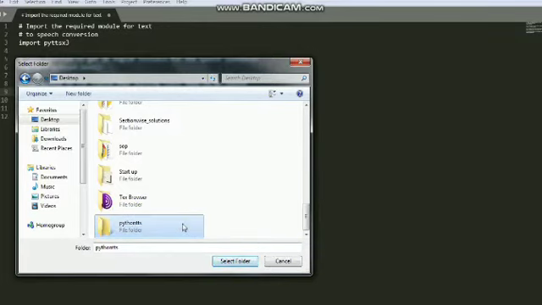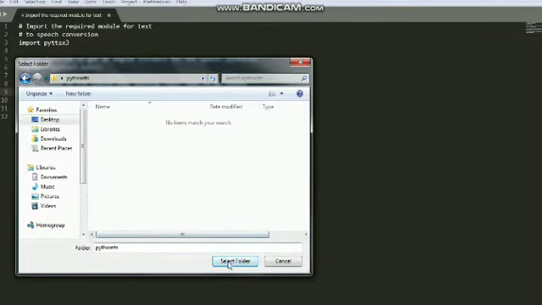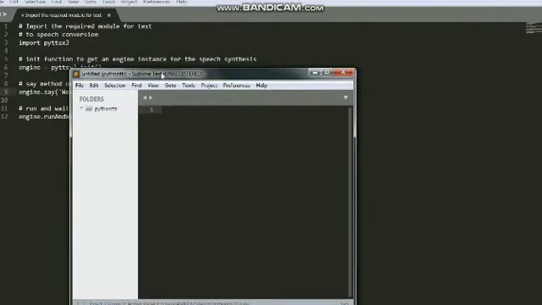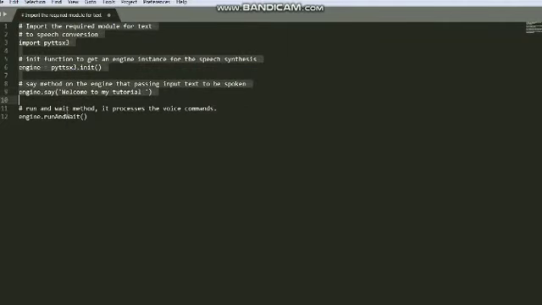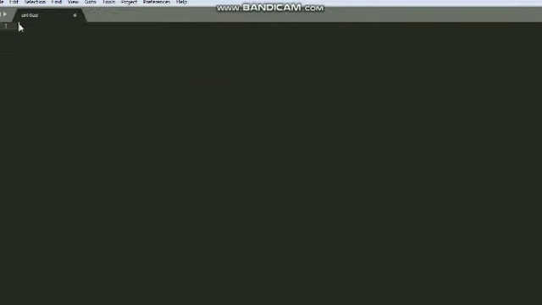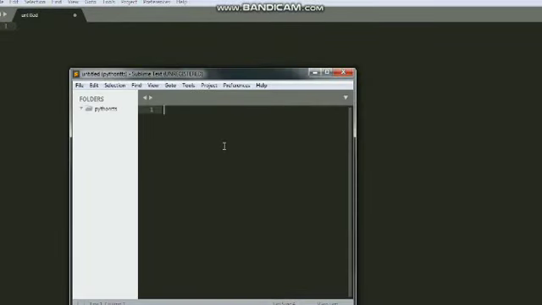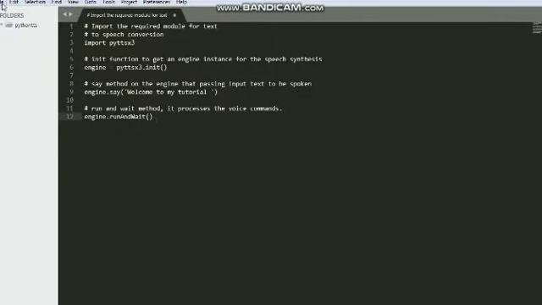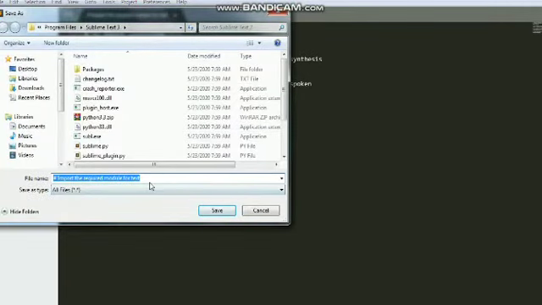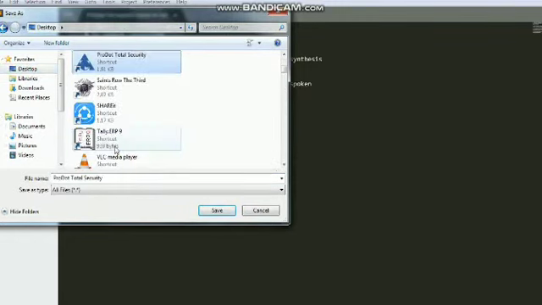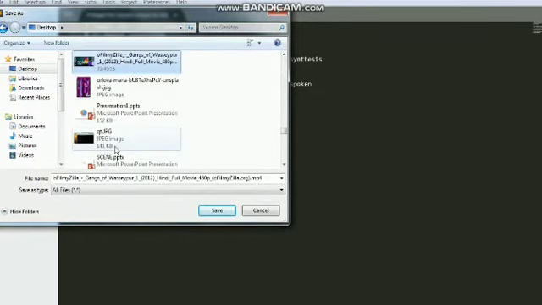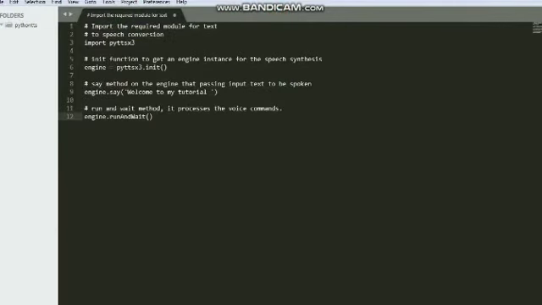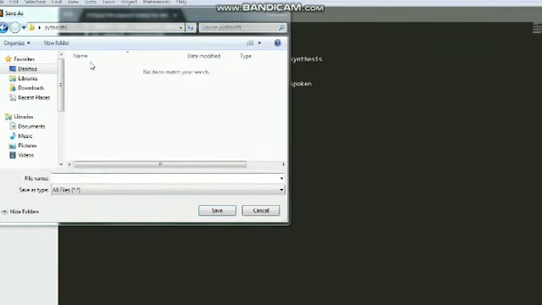In this folder I'll save all the files, so you have to organize it properly. Let's select this folder and save the code here as pytts.py.